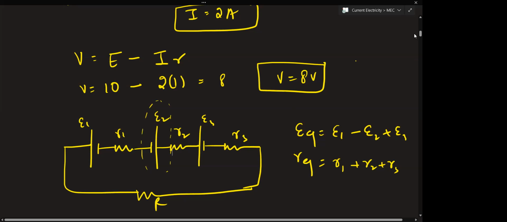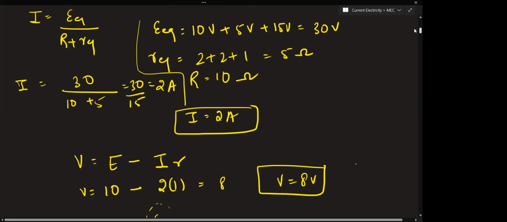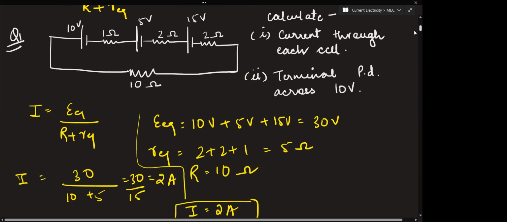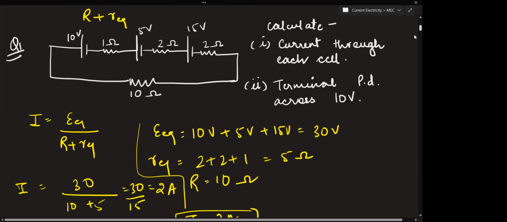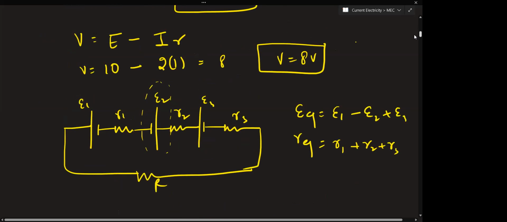Whereas in the previous case, what was happening? Negative was connected to the positive, then again negative was connected to the positive in a sequence. Now in this, negative terminal is connected to the negative terminal and positive terminal is connected to the positive terminal. So if any of the cell gets reversed, add a negative sign in front of it, meaning E1 and E3 will be added, and E2, since it is reversed, you will subtract it from the total